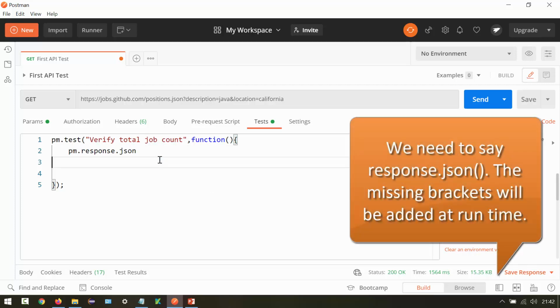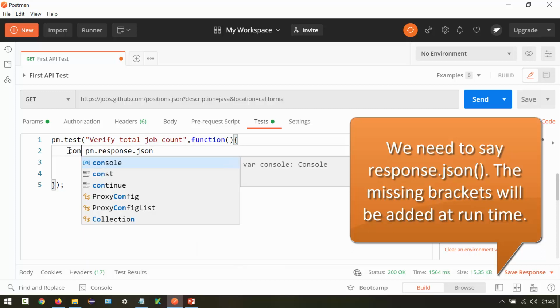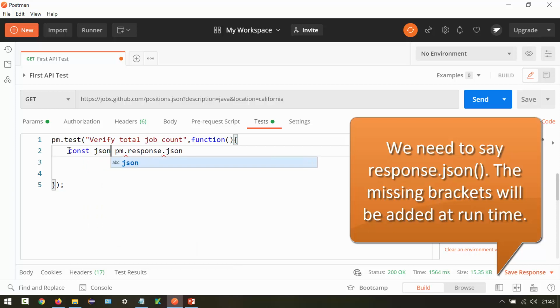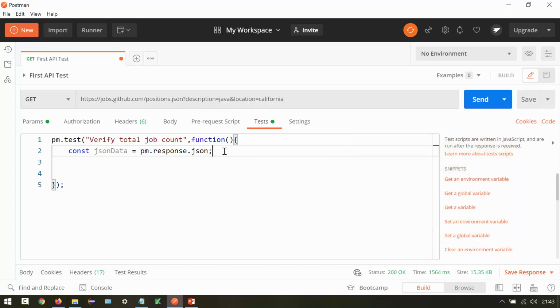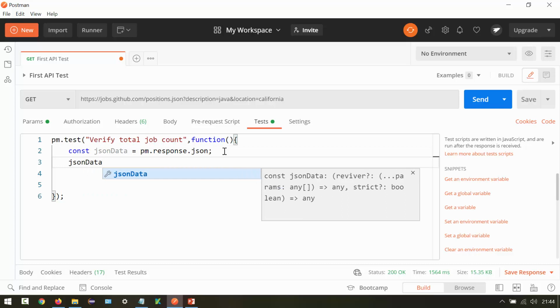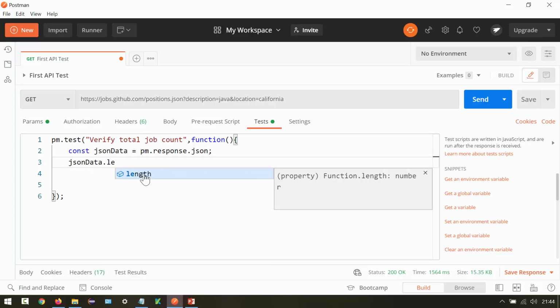Because the response is constant, let me assign this to a constant variable. I can say const jsonData equal to our response. We want to verify that this response has 3 elements. This is an array or collection, so I can say jsonData.length, which is going to give me the length of the array.